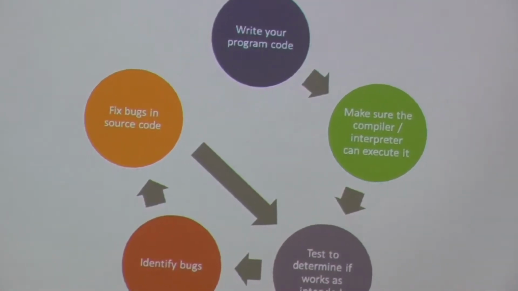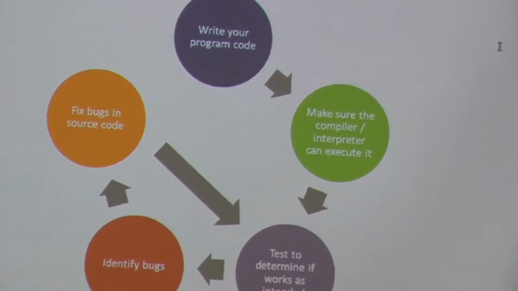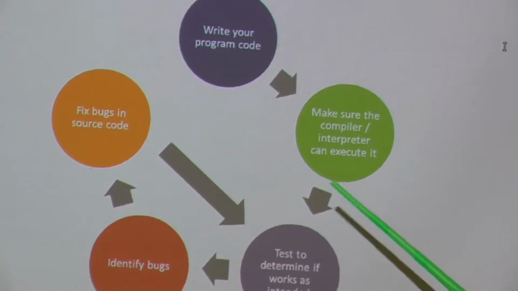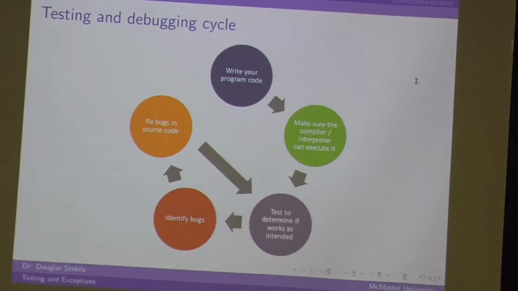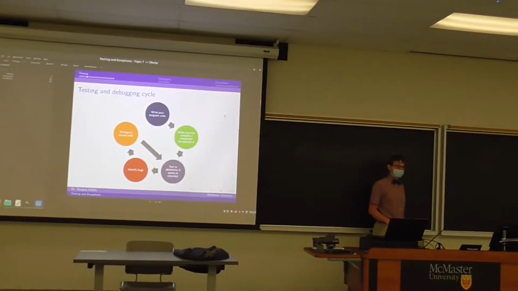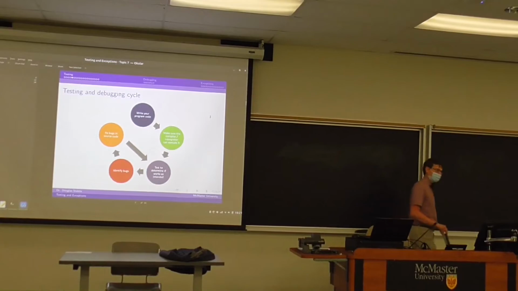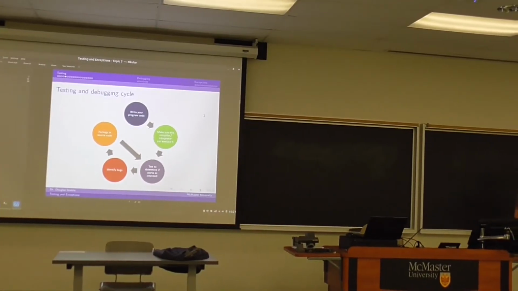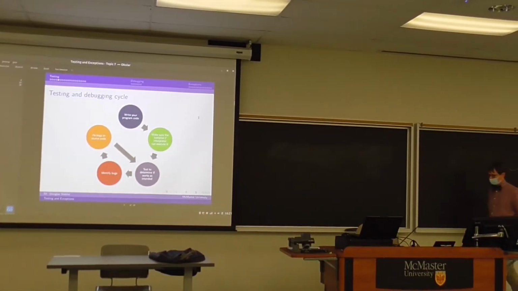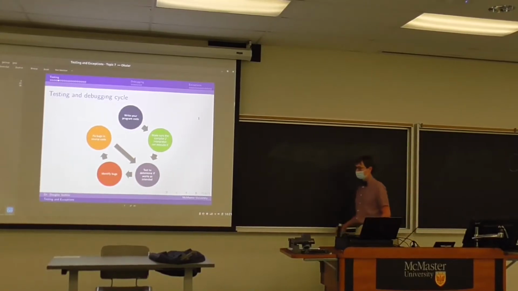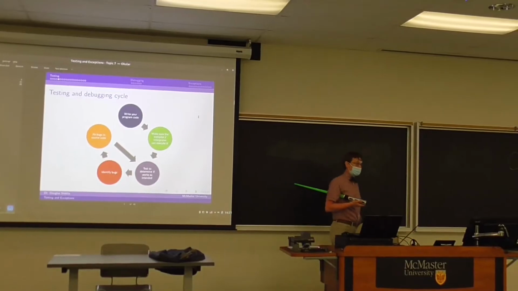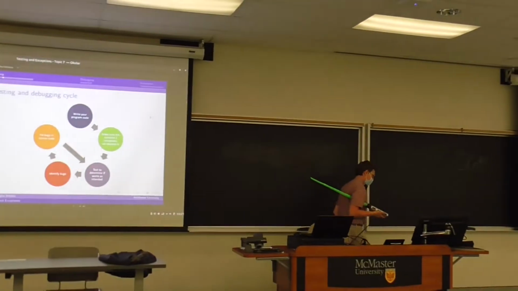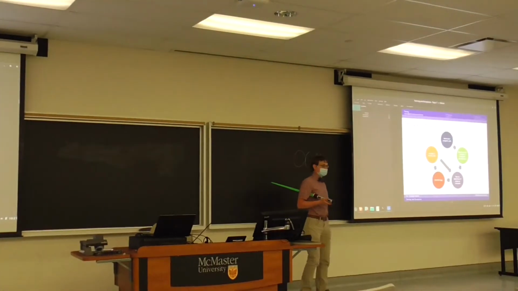The bubble that's not shown on this diagram that should start it off is acquisition of the requirements of the program. In your context, that will mean reading the question, right? Read the question, then read the question again, and then when you think you know what the question says, read it again just to make sure that you know what the question says, because